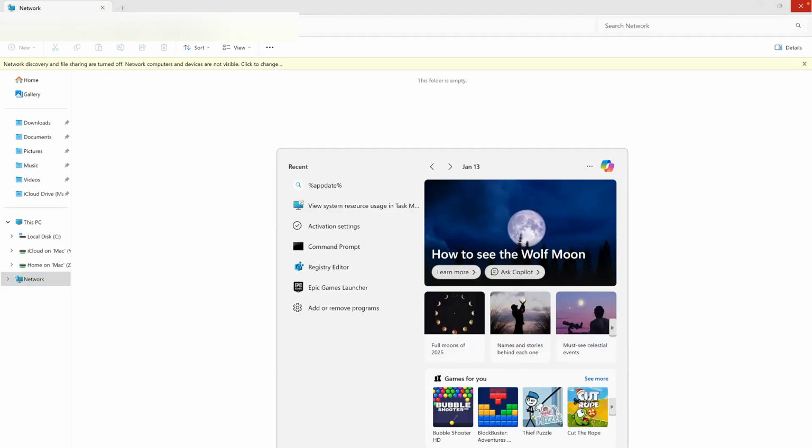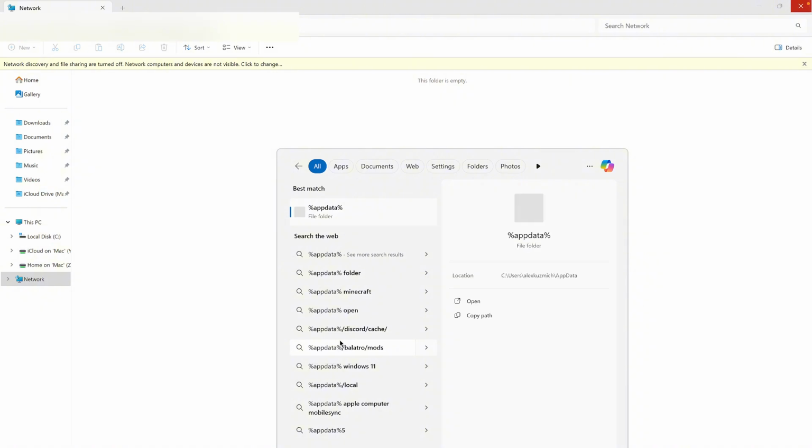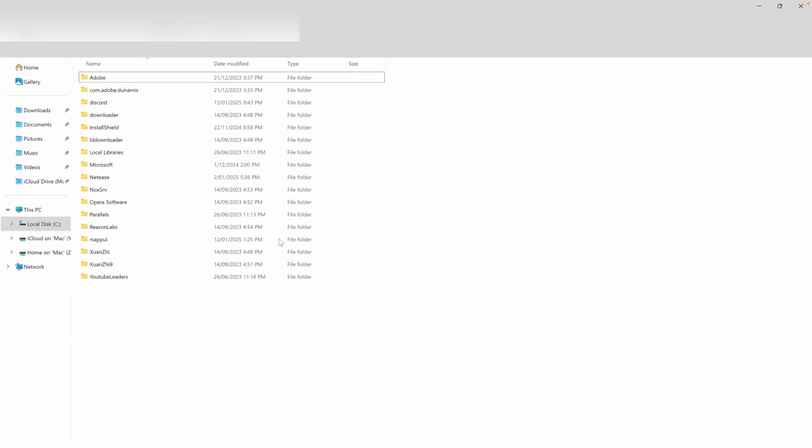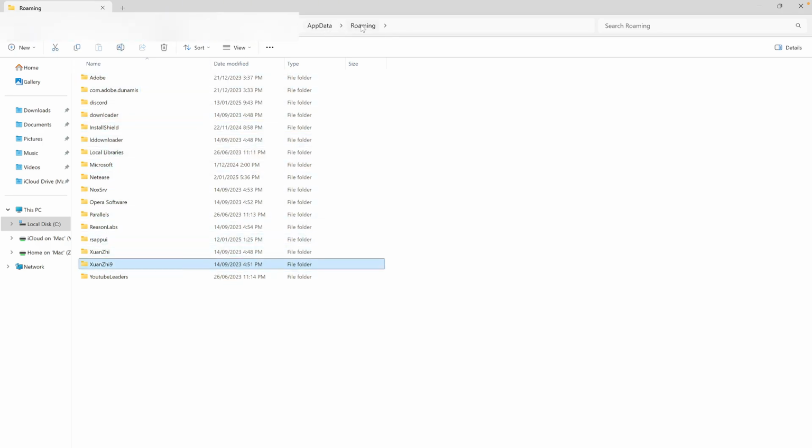Click on search in your Windows, type %appdata% and click enter. So the AppData Roaming folder will be open. Then find Discord right here,